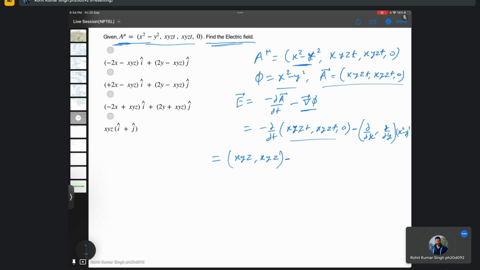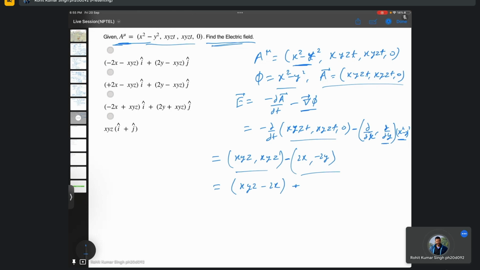And then, differentiating, so first let's take the partial derivative of x square minus y square with respect to x, we get 2x, and the partial derivative of x square minus y square with respect to y, we get minus 2y, right? So what you get finally, you can subtract these two vectors, minus 2x and plus